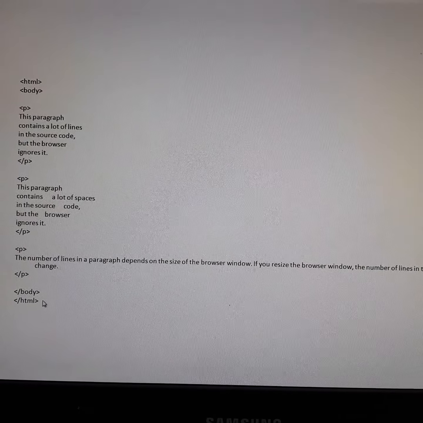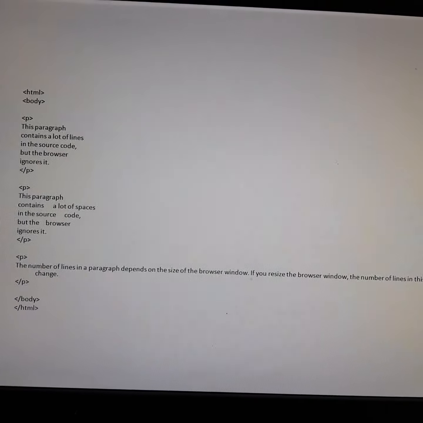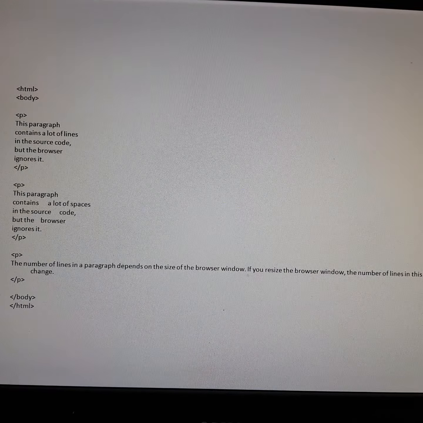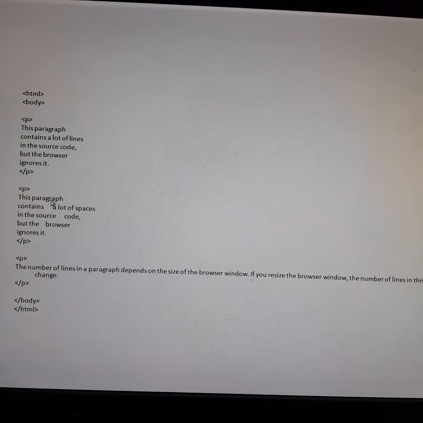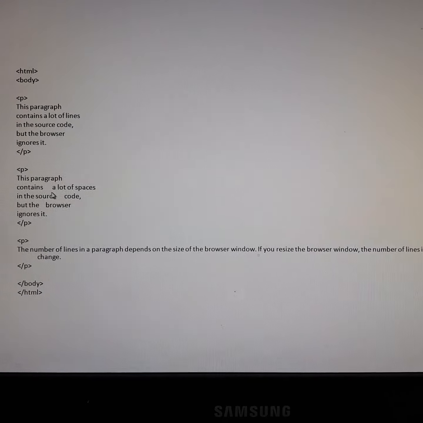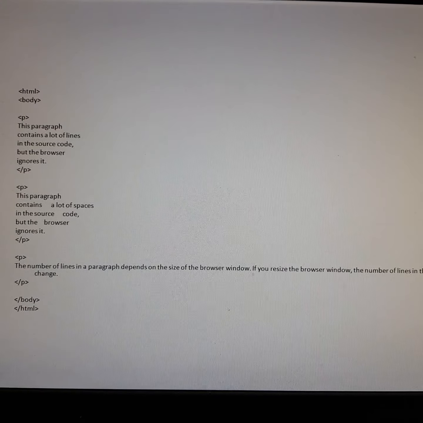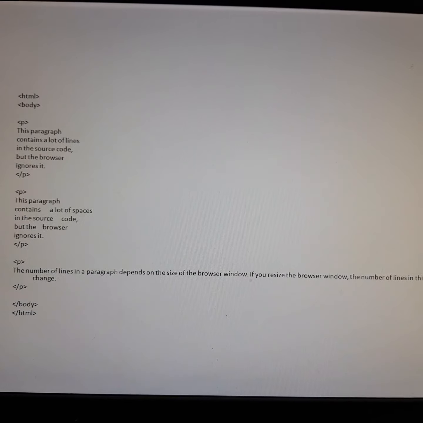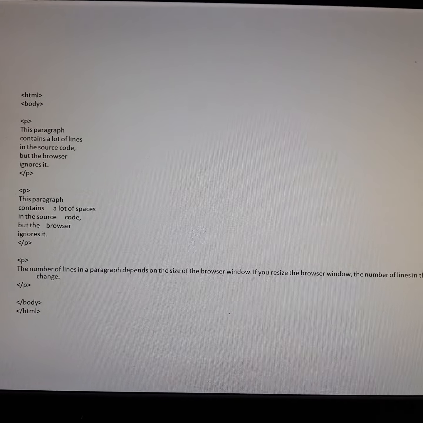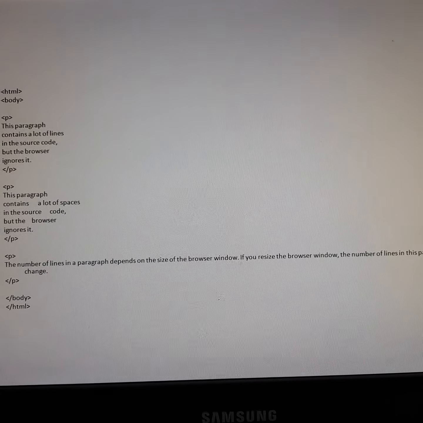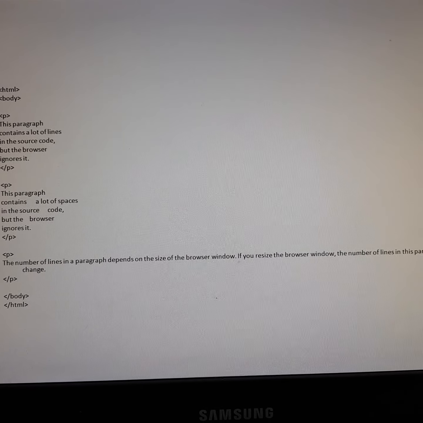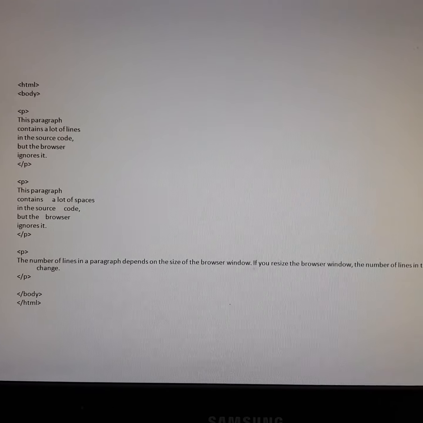So why we have used this particular example is, if you see the example, there are many line breaks in the first paragraph and second paragraph, with some spaces. This won't be visible in our output. In the output page there will not be any line breaks, because whatever you write in a paragraph tag, even if you write one below the other, you will get it only in a straight line, because it ignores everything.